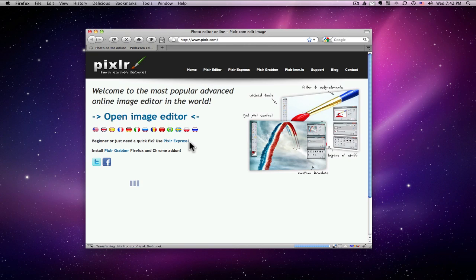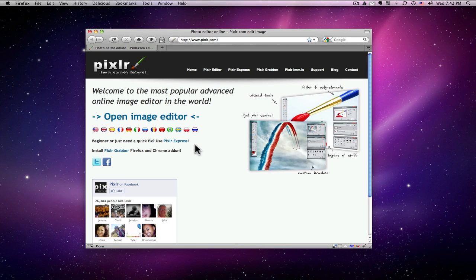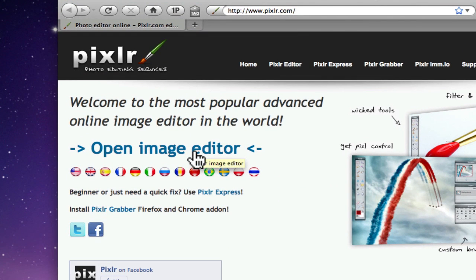And let me know if you have any problems with this, because I think this is going to require Flash being installed, but there's a good chance you've already got that and you should be good to go. But like I say, let me know if you have any problems with this. If you just click Open Image Editor,